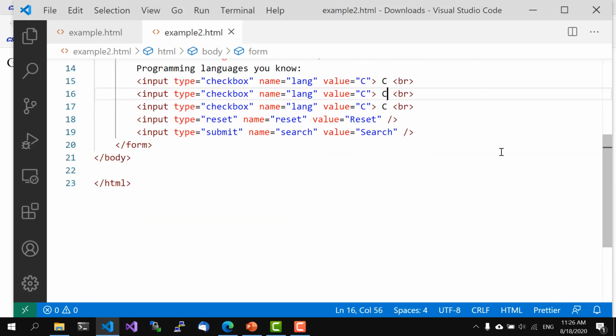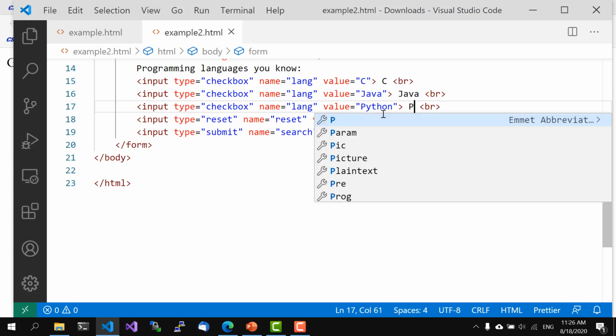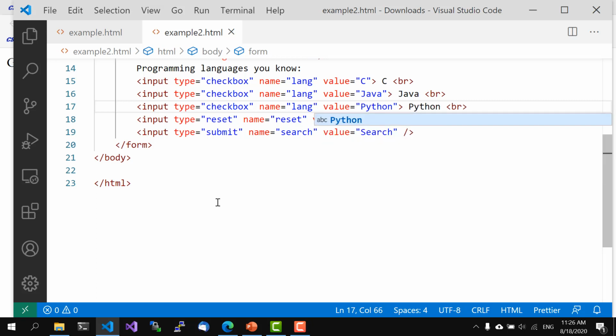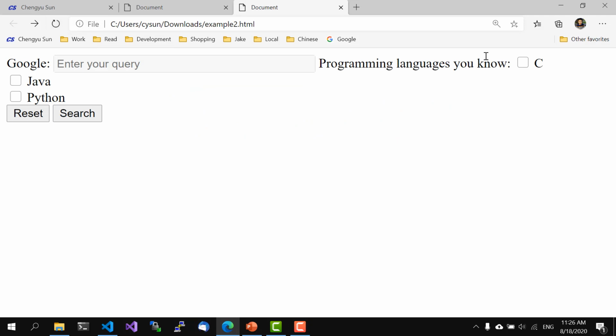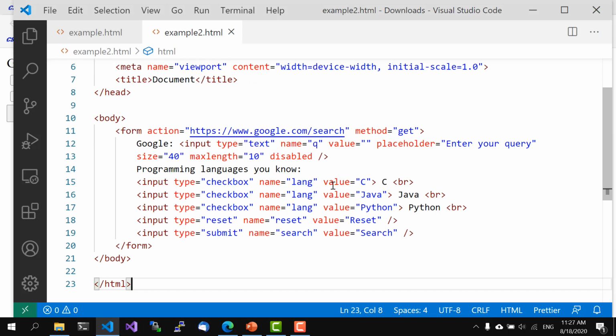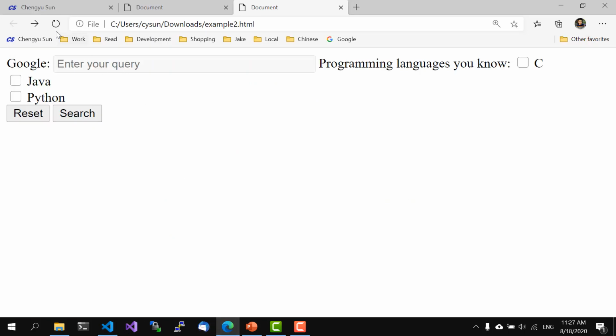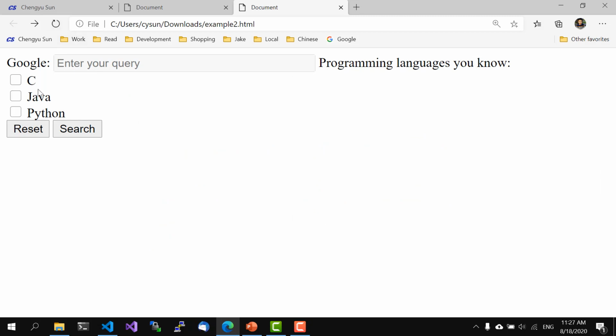I'll have Java here, value being Java, and I'll have Python here, and this one will be Python. Okay, so let's try to make it more readable. Okay, so this is what it looks like, and if I check